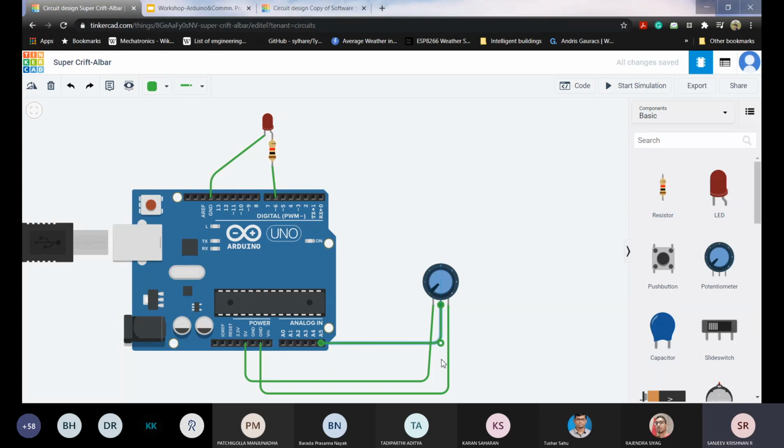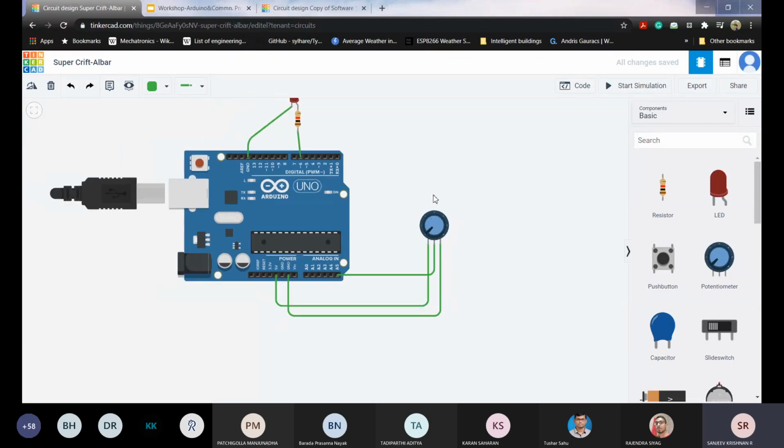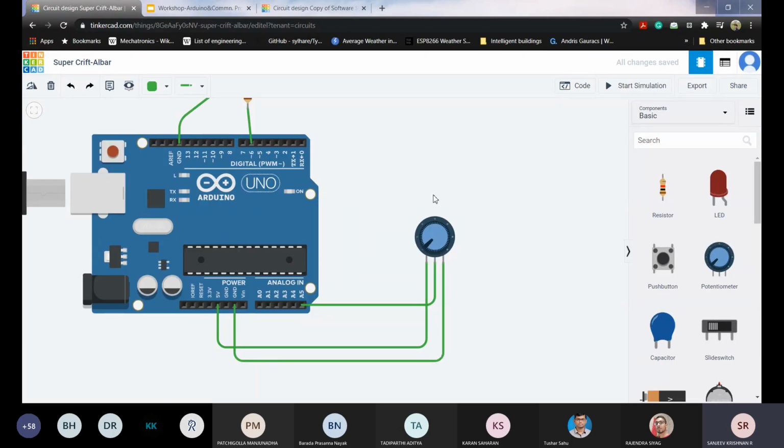Any doubt till here? The potentiometer is like a normal resistor. What do we do in a resistor? At one end we give high potential, and at the other end we give low potential, and current passes through the resistor. Similarly, at one end we are giving 5 volt, and at the other end we are giving 0 volt, ground. So the current passes through this resistor now.